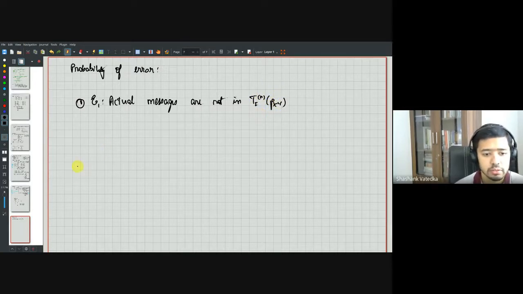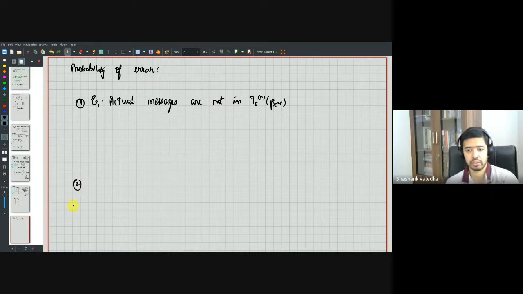Okay, so that is one source of error. If they are not in the jointly typical set, then the decoder will obviously not output that particular pair